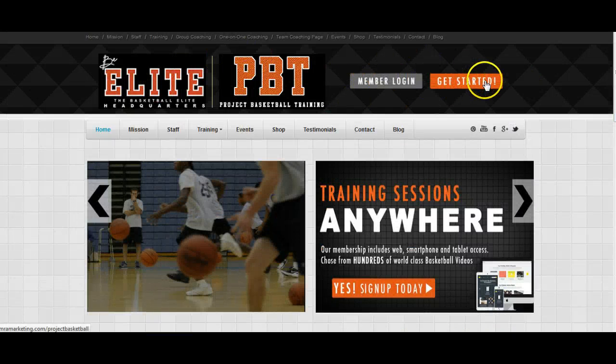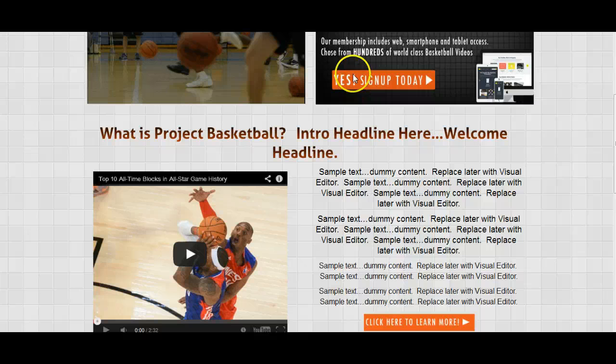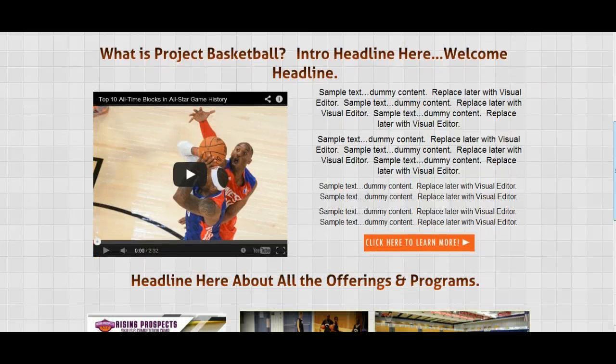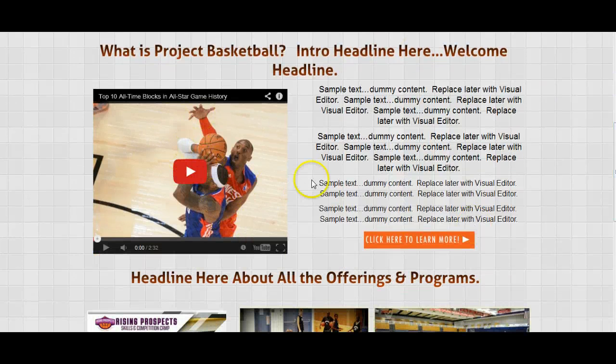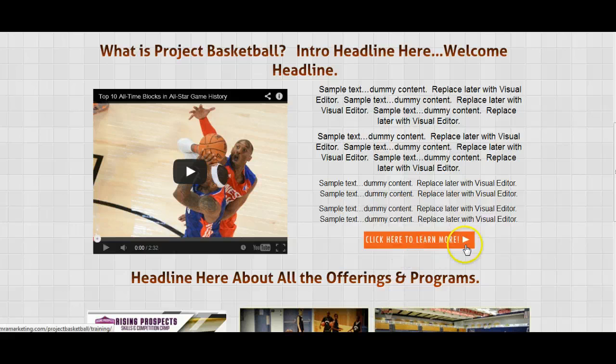Member login and sign up links will go here. And then we have basically your 2 graphics. Slideshow can go here. Sign up button on the home page. We have the video that you wanted on the home page, plus an area where you could put some more text. Now if we click here to learn more, you'll be taken to the actual sign-up page for Project Basketball,